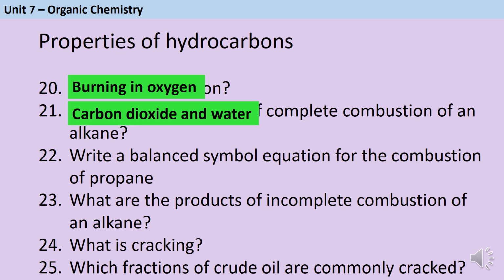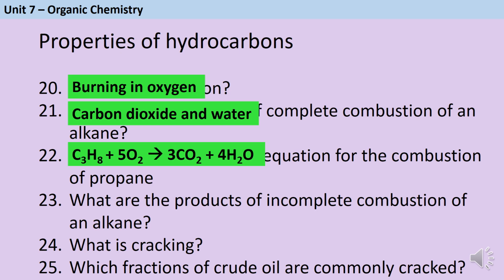Propane is the third alkane, so its formula is C3H8, and when it reacts with oxygen it will make 3 carbon dioxide molecules because there are 3 carbons in the propane. And it will make 4 water molecules because there are 8 hydrogens and each water molecule contains 2 of them. Then if I add all of that up, I see that I'm going to need in total 5 oxygen molecules